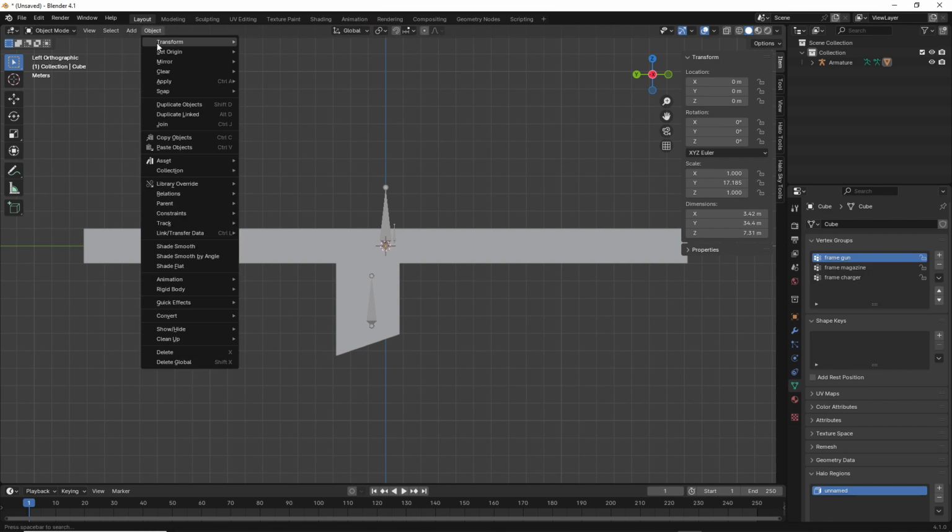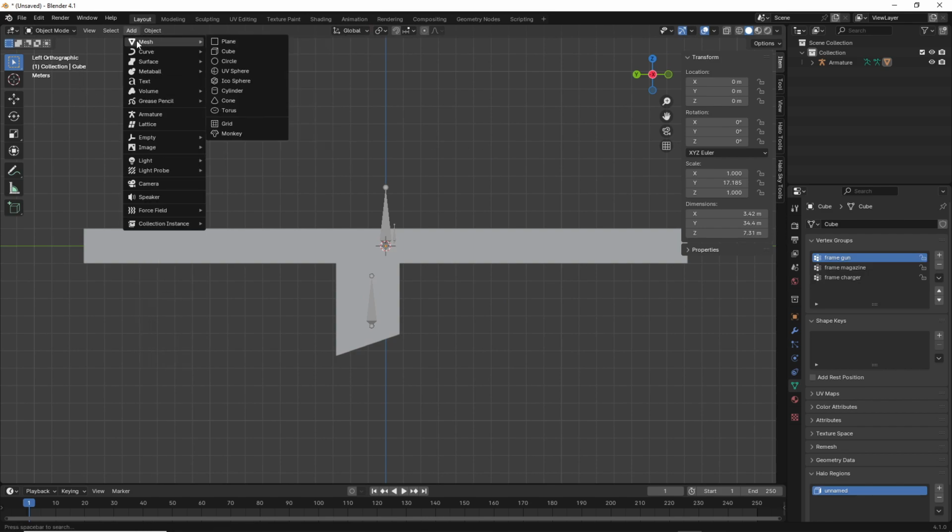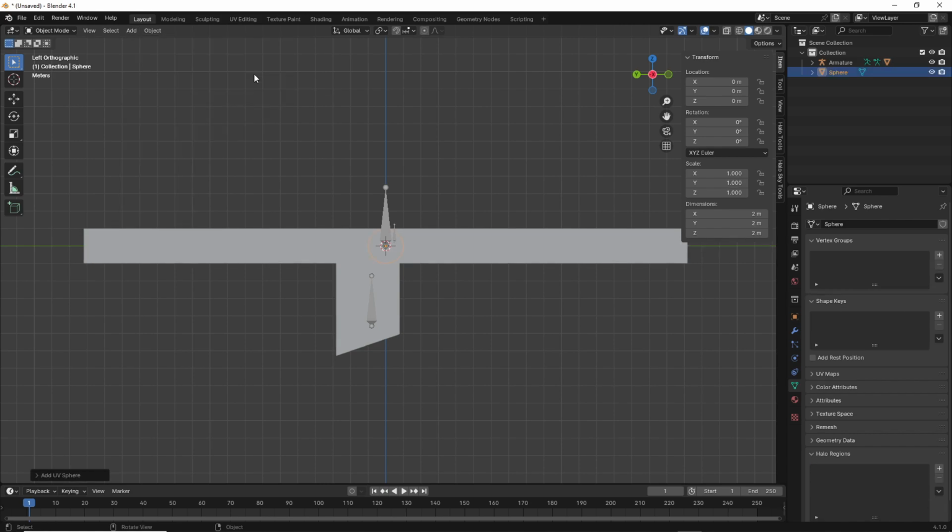You can probably add anything, but when you import tags and stuff into Blender, it's usually just a UV sphere just like this. So you just add a UV sphere like this, and then to create a marker, you hit hashtag. That is what makes it a marker. You're gonna get some extra options with this hashtag as soon as you do it. And then the first marker we need is called